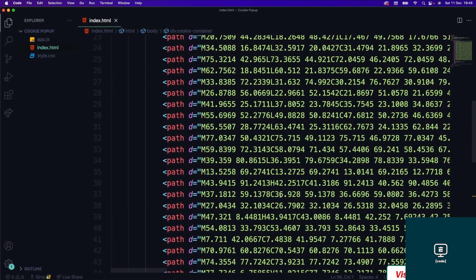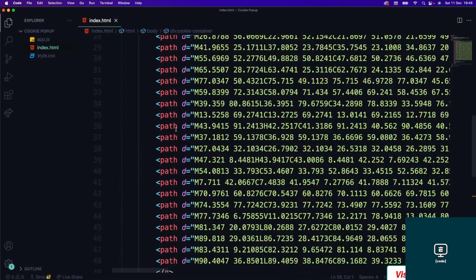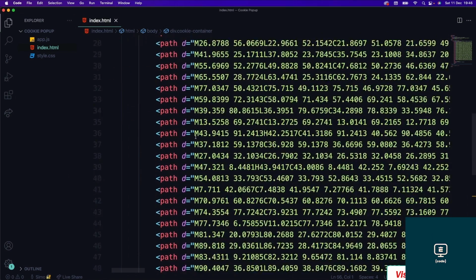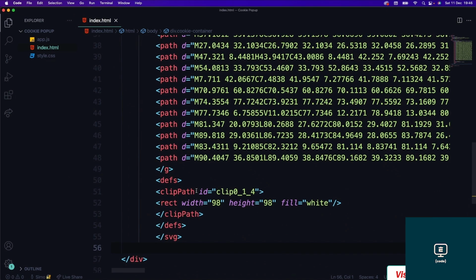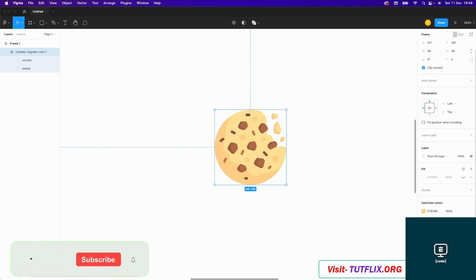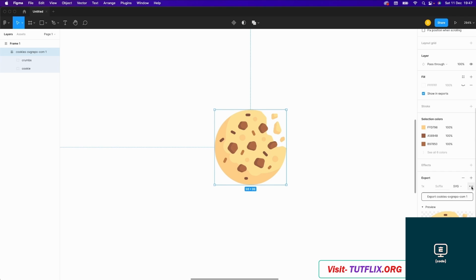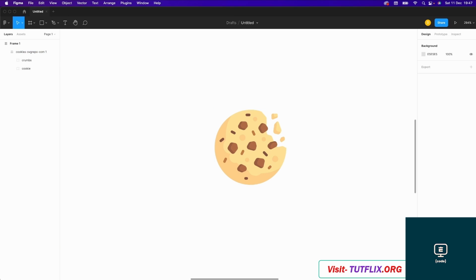All right, now what I wanna do is just add the classes to it. So we're gonna need to explore in this whole path section where our crumb is and where our cookie is. Now, another cool thing that Figma does is if you hit export here and scroll down, you can export as SVG. If you open up the three dots here, you can do include ID attribute, which exports layer names using ID attributes. So if I click on that and then export it,